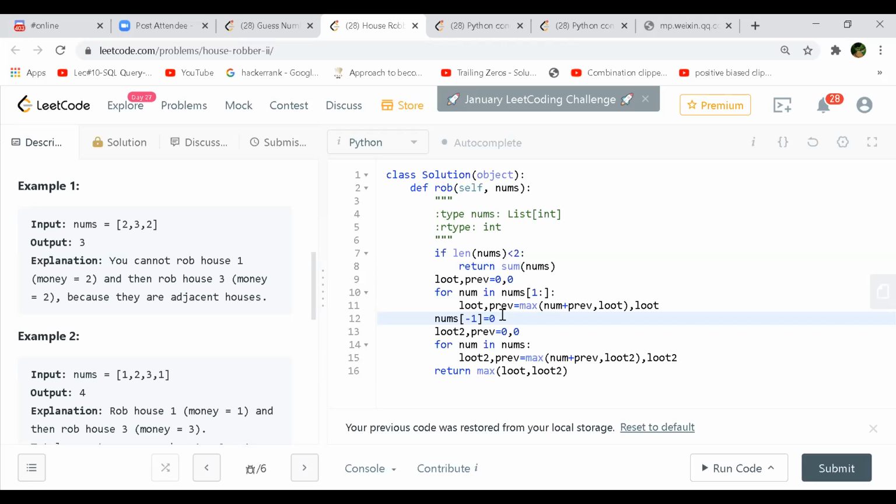Since it is written in one line, I think it is pretty hard to understand. Right, right. So if we are at index i, then i minus 1 will be the loot, correct? And i minus 2 will be the prev. Right, yes. Okay, and the current index will be added to loot of i minus 2. Yeah. So i minus 2 plus i, we are comparing with the i minus 1 value, which is the loot. Yes, yeah.